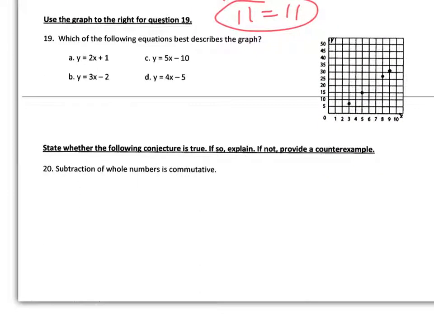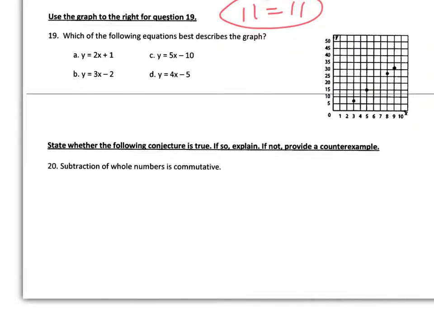Okay. Number 19, which of the following equations best describes the graph? Okay, so let's see here. We can do this a couple of different ways. Let's start off. We have to pick a point, and we're going to plug the point into these equations. I see a point that crosses the intersection. That's probably the easiest way to do. So I'm going to plug in the point 5, 15. Okay, so 5, 15 is the point we're going to plug into these equations and see which one of them